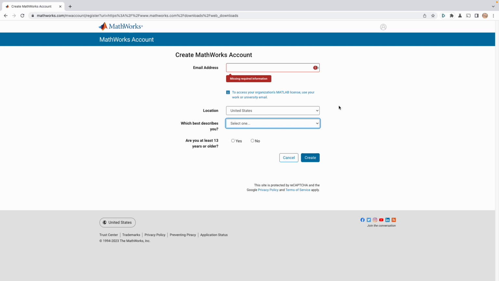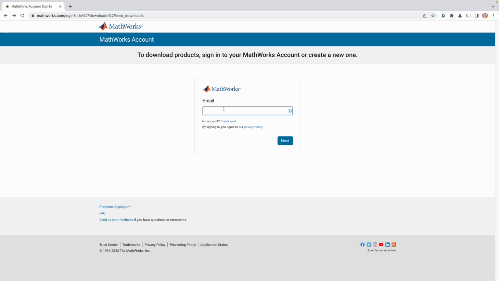I've already got an account created, so I'm going to just back up here and enter my account information. I'm going to use my HCC account. I do have an old University of Hartford account that I no longer use, but it is still in my password manager. So, okay, I've created an account. I click next. My password is in here. Click sign in,